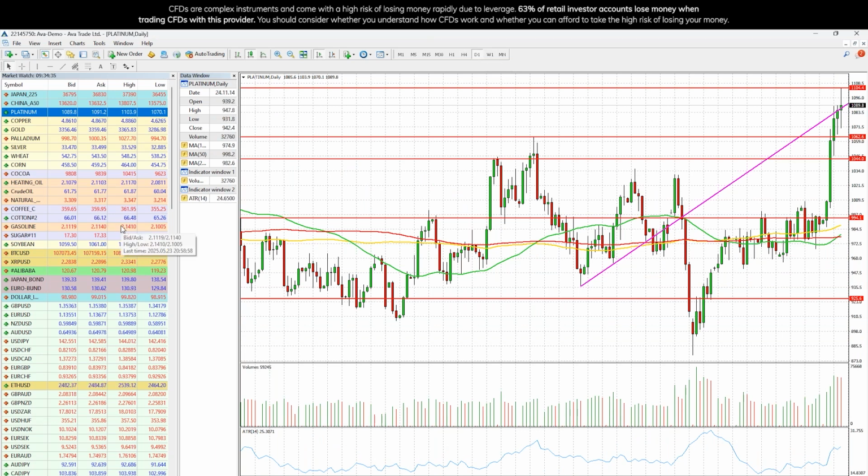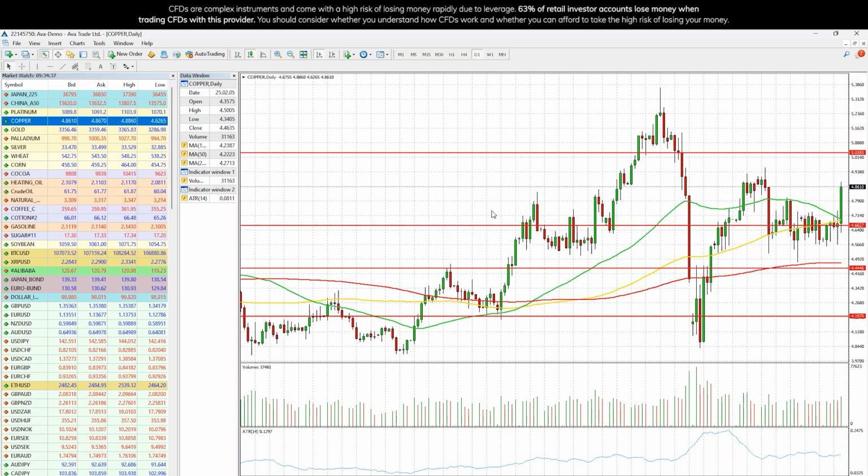Platinum, which was the champion for the week, up 10%. Next one is copper. Also had a strong week, up 5.91%. I guess in sympathy with metals, because China didn't really do that great, and the markets went down. So it could be a try to retest these previous highs. It could be a try to break through it and go higher. It could be also a try just to shake the sellers and shop for liquidity in order to come right back down. Anything is possible. But metals in general was strong, so it could be just a group action, right? I don't know if that's the right thing to say.